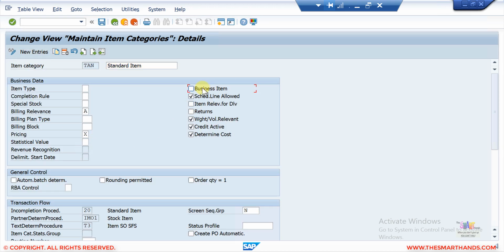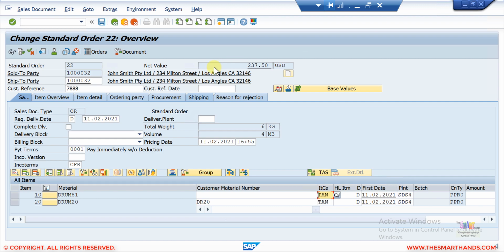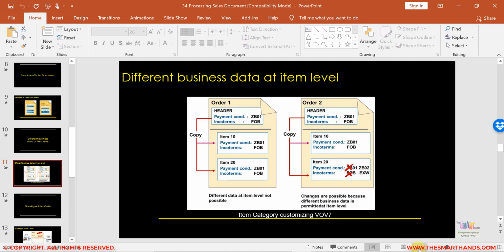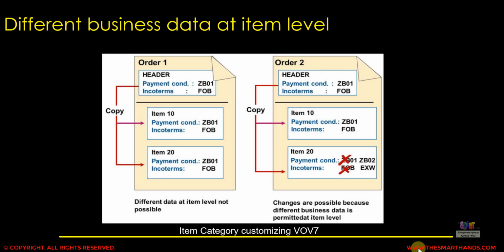If this is checked, the system will allow you to change the header copy data at the item level. If this is unticked, the system won't allow you to change. That's coming from the customizing, and as per the standard customizing, the system does allow changes. But if some company doesn't want to change it for some reason, we as consultants should be able to change the setting.